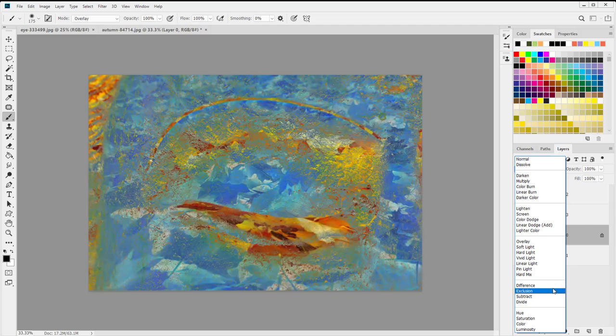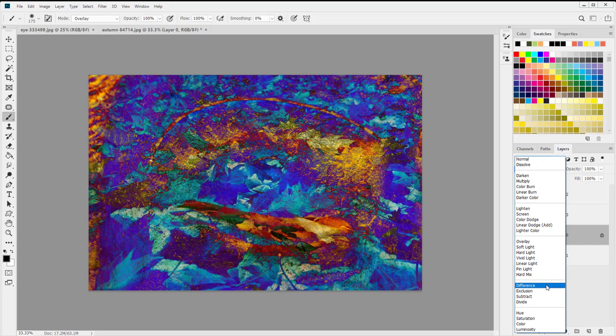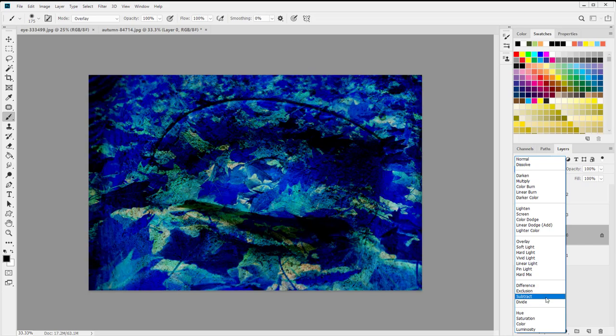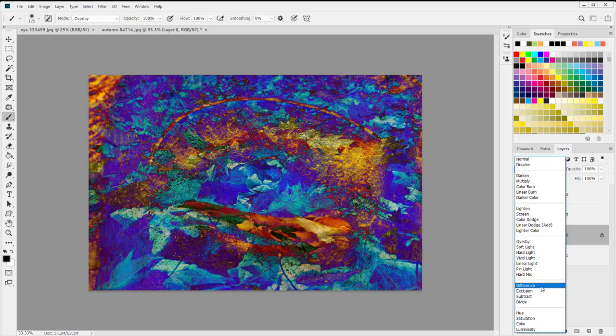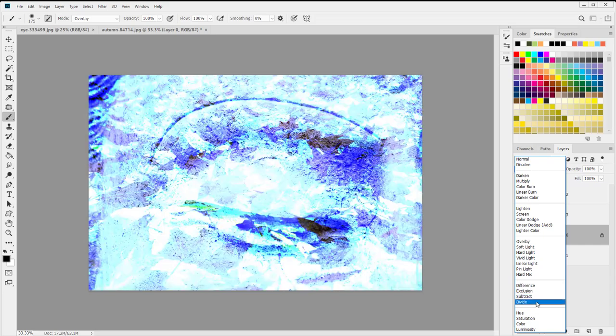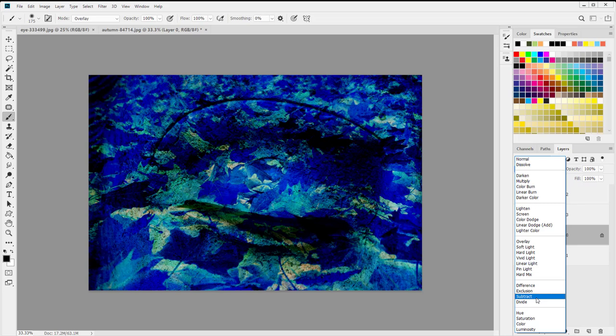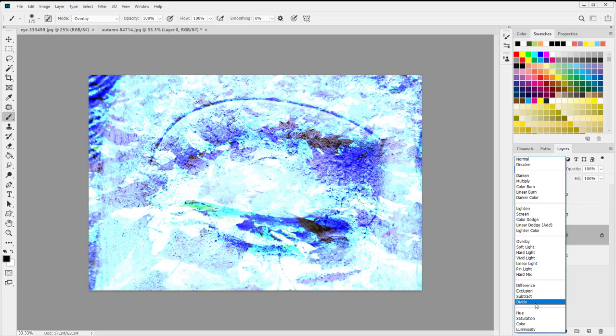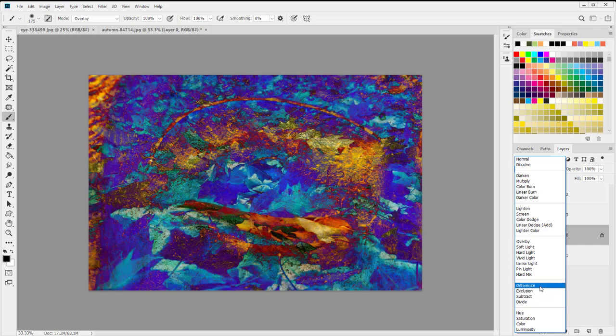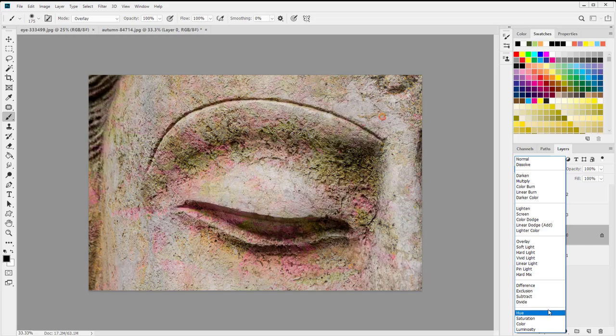And speaking of difference, we also have the inversion/cancellation modes. And these can do things like invert the colors below. You can use things like subtract or divide to cancel the pixels below. So I guess we could call this the inversion/cancellation area. Subtract will clip things to black, divide will clip things to white, and we'll talk about how it does that in a bit. And then you have, lastly, the component section of your blending modes, which are hue and saturation,